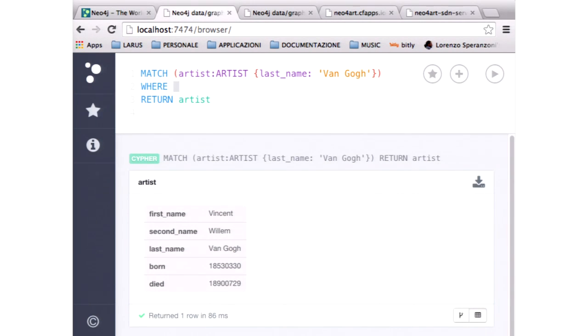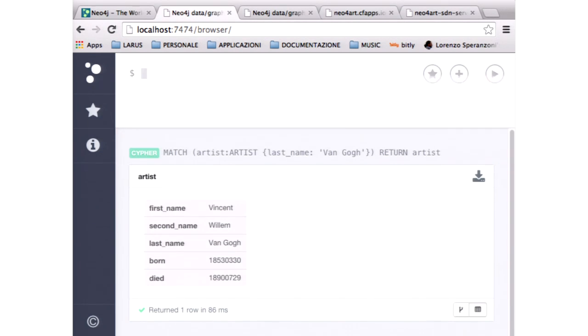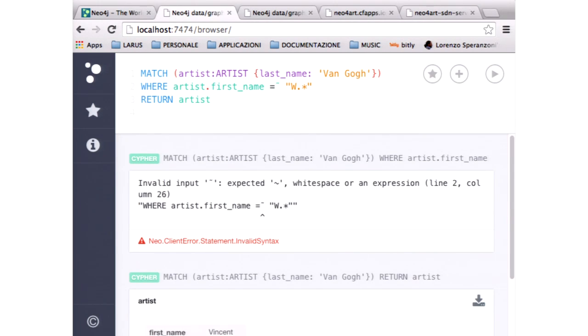So for instance, I could say where artist.firstName starts with a W, and this is a regular expression, something like that, and I misspelled it somehow. Oops. Let's see if I find the tilde again on the Italian keyboard. Control, Enter. What does it do? I hit the wrong button.